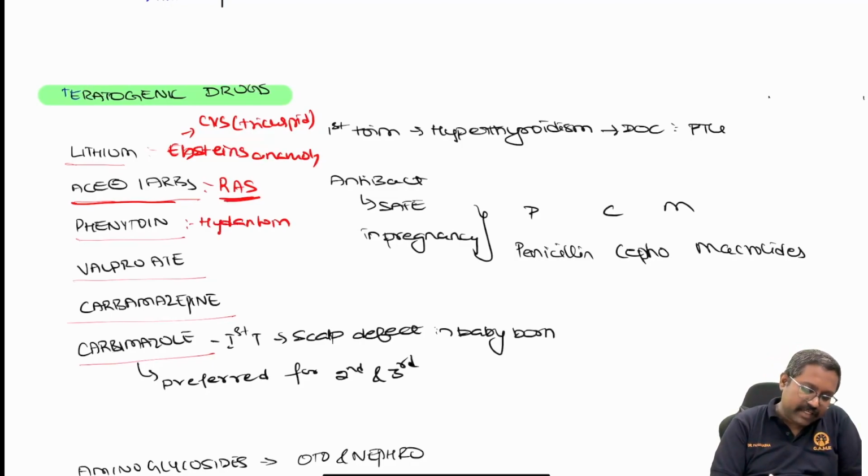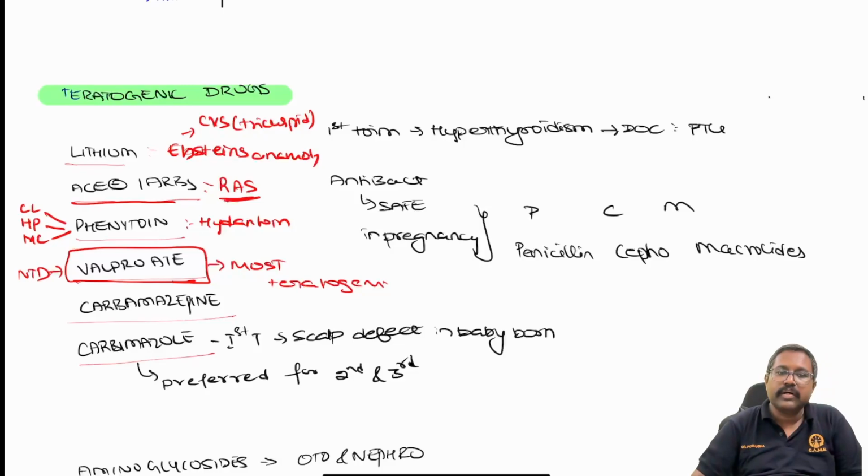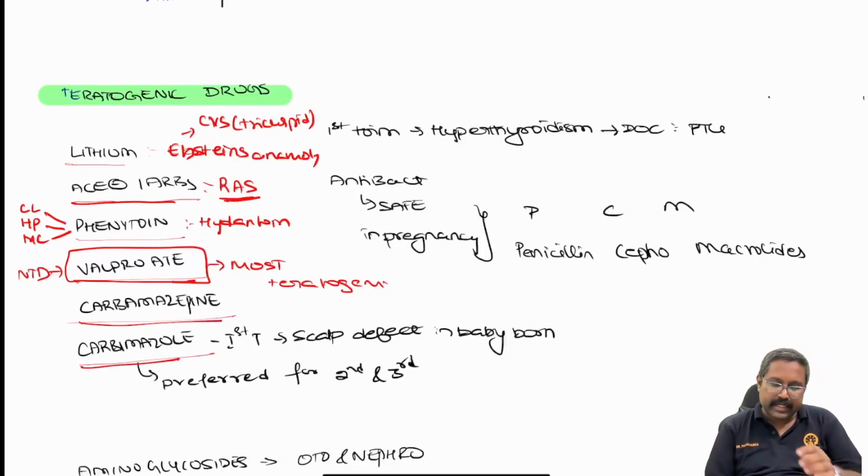Basically it will have a cleft lip, hypoplastic phalanges, and it can have microcephaly with respect to phenytoin. Again, valproate is the most dangerous drug, the most teratogenic drug, which can lead to neural tube defects. Similarly, carbamazepine can also cause teratogenic effects, and carbimazole can also cause teratogenic effects,